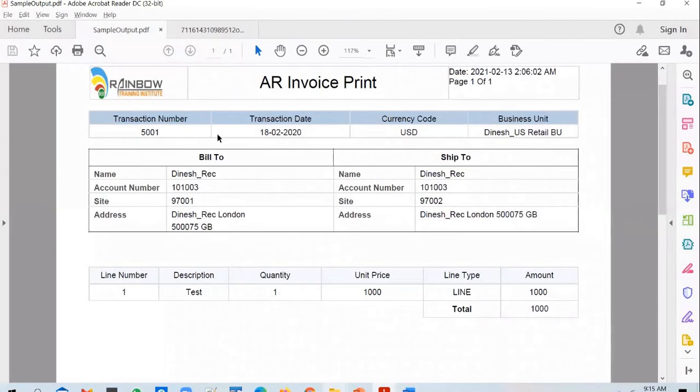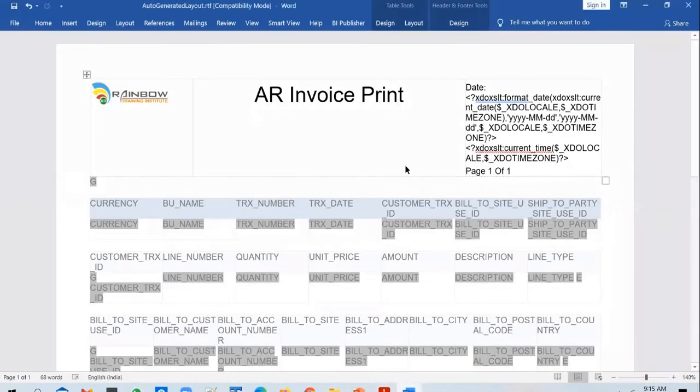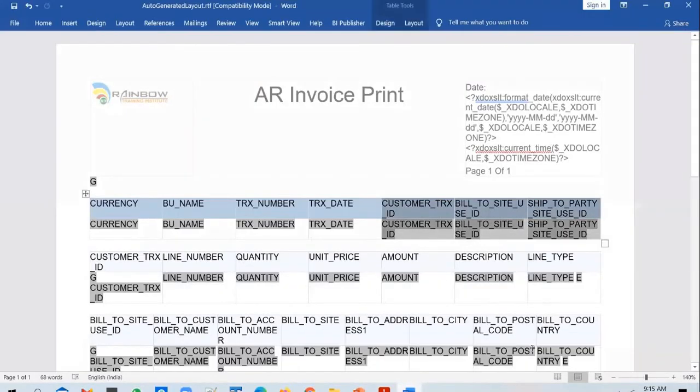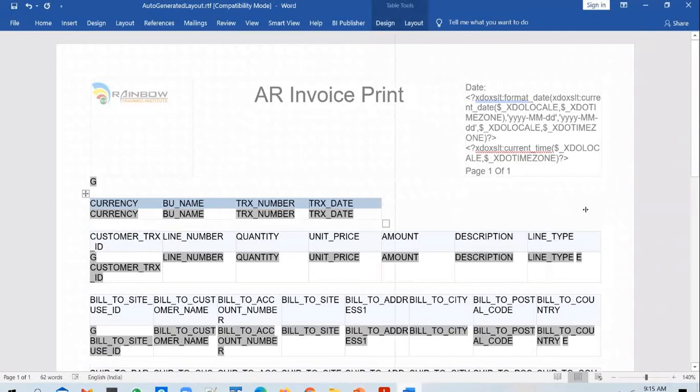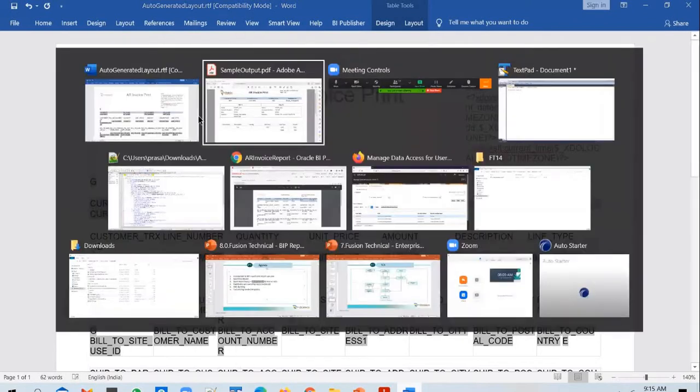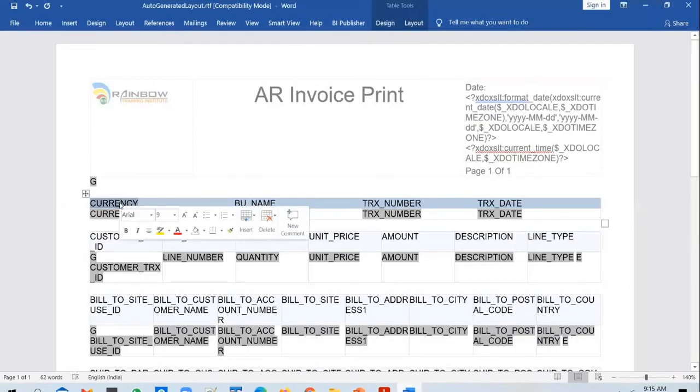So take out all the unwanted columns and rearrange the columns in the first table so that output looks like this. So how you can do that? So first take out unwanted columns. So we need only the first 4 columns. We don't need these 3 columns. So delete them. And you can rearrange them. And you can also change the numbers if you want. So the first column should be transaction number.